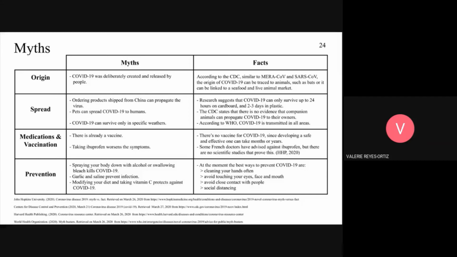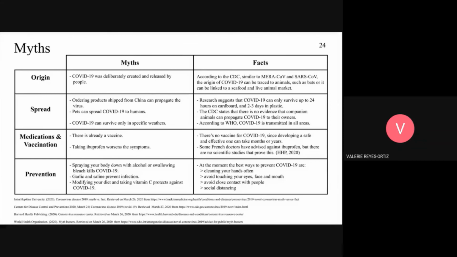And also, some French doctors suggested that ibuprofen can worsen the symptoms of COVID-19, but this was based only on observation, and there's no scientific study to prove this. So for us to believe this, we have to wait for scientific data that prove these observations. And as for prevention, there have been